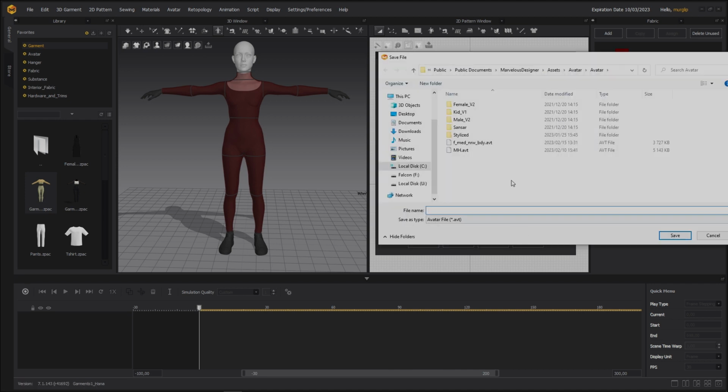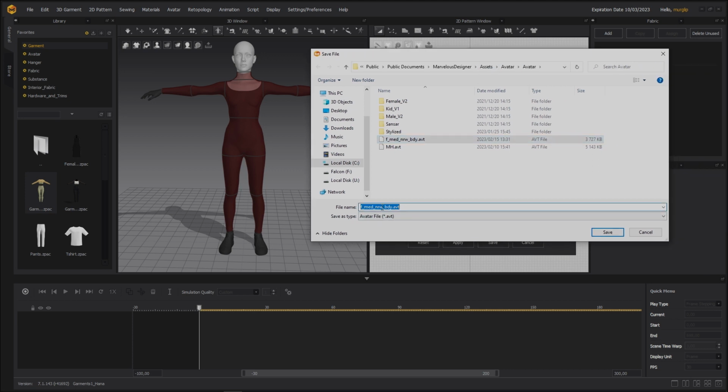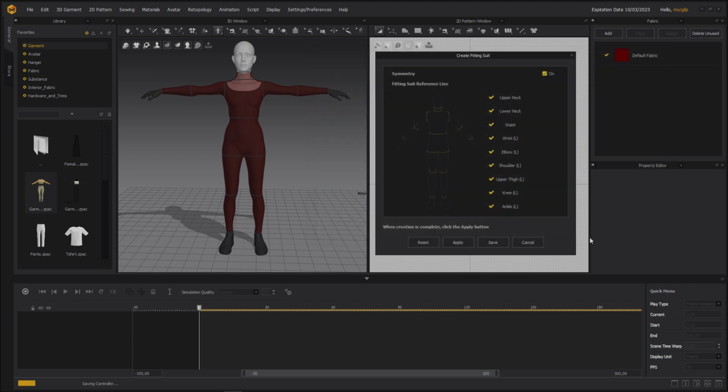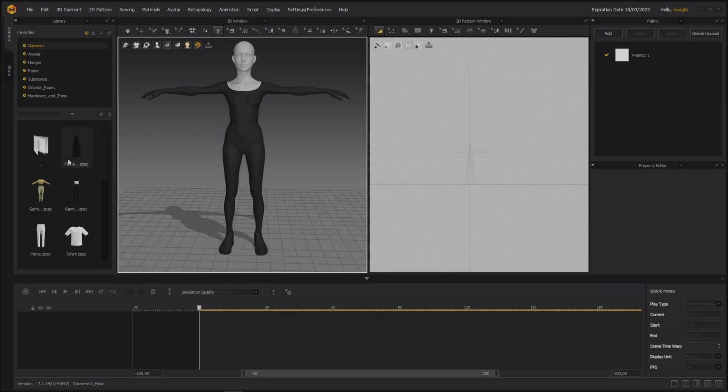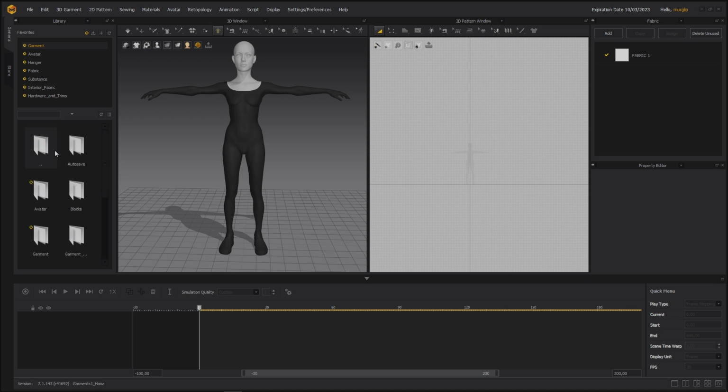If you want to use it later on, you can just call it your underweight body. You can just call it your body type, save. And then if you ever use this body type with a T-pose and everything again, you can just go to your avatar wherever you saved it, and then you will have it.